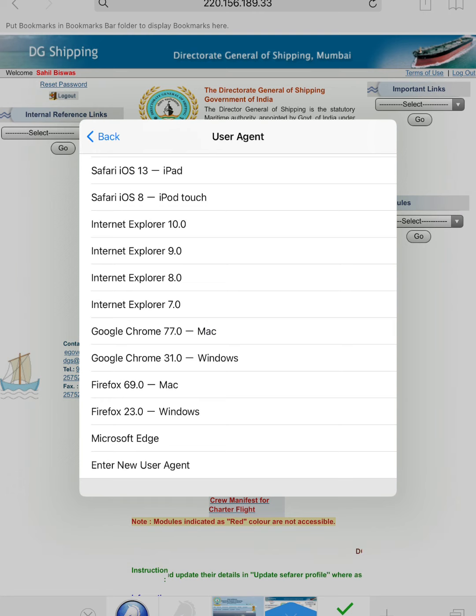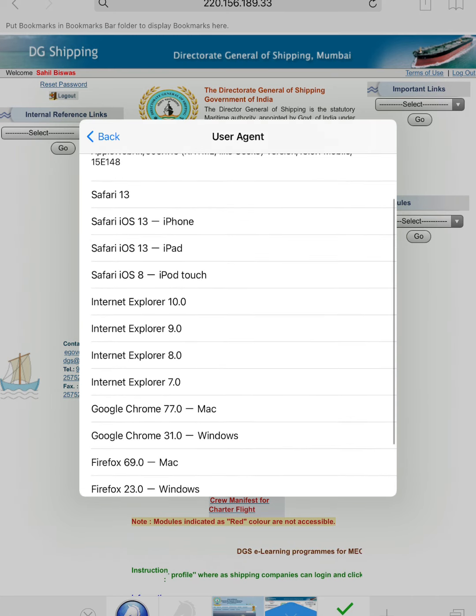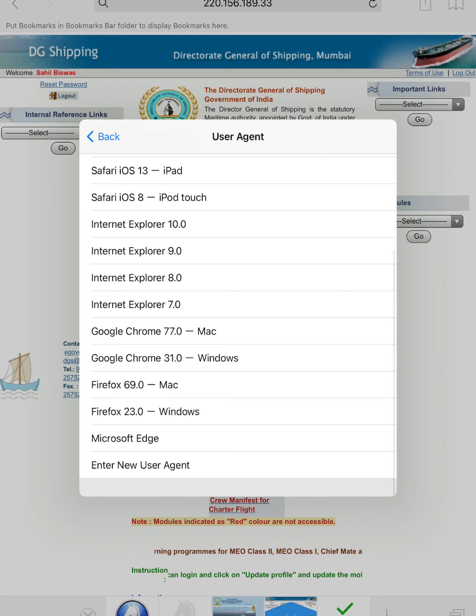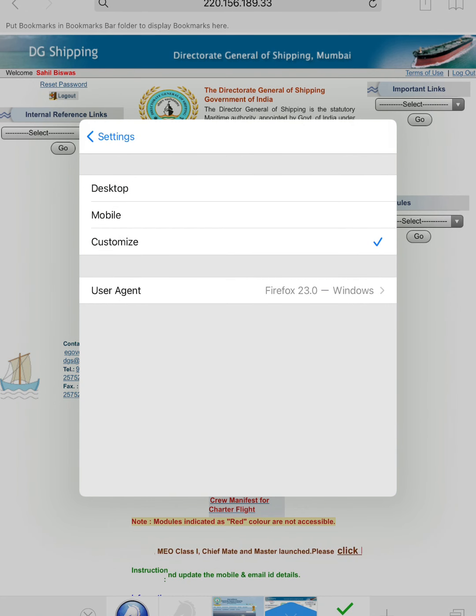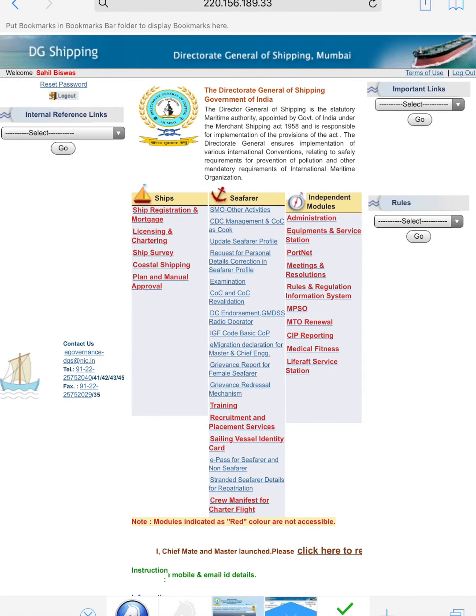Firefox 69.0 Mac, Firefox 23.0 Windows, and Internet Explorer 10.0. These three will work. I recommend Firefox 23.0 Windows. Select it, go back, again back, done.